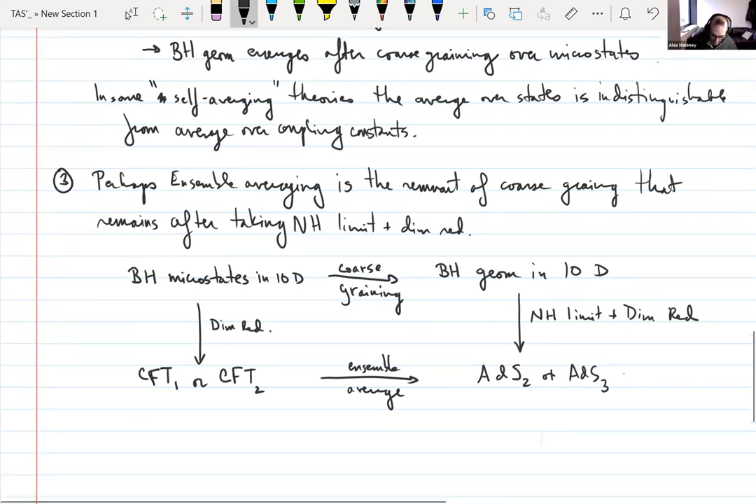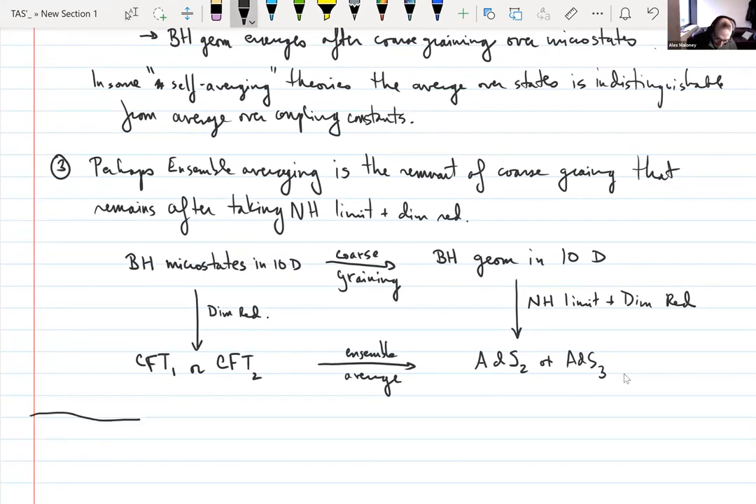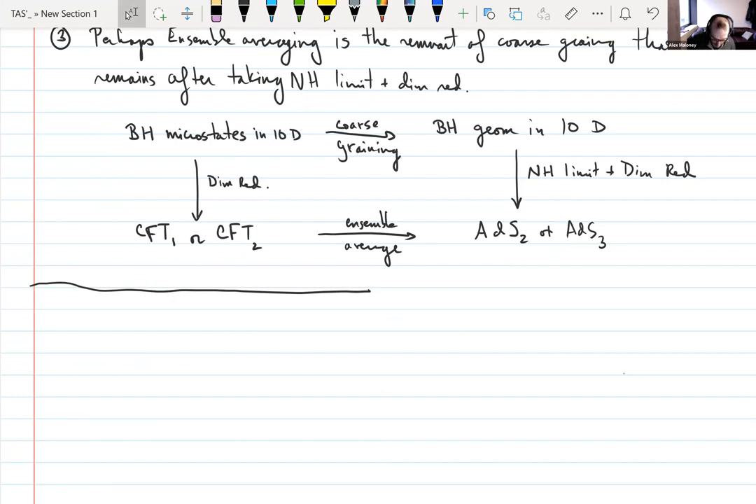Okay. I have provided here what I think are 3 perspectives on ensemble averaging. But now what I'd like to do is try and make this precise. So in particular, I would propose the following strategy to make this precise. So to understand gravity as an ensemble of CFTs,